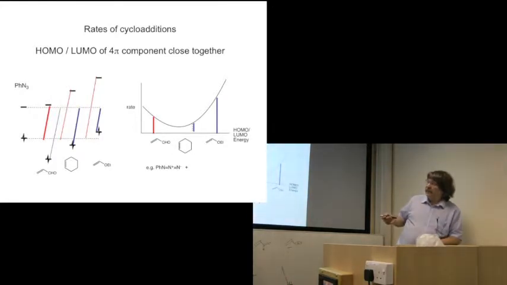In this case, when it's interacting with acrolein, then it's dominated by electron transfer from the 1,3 dipole to acrolein. So there's your interaction. By the time you get to cyclohexene, there's not a lot in it, but actually it's more dominated by transfer from the cyclohexene to the 1,3 dipole,